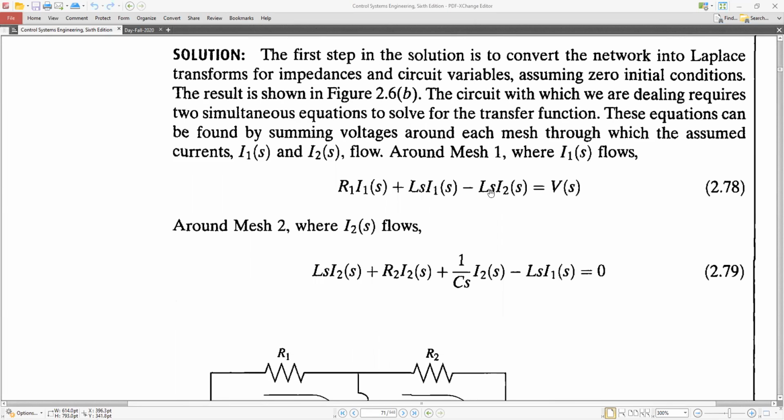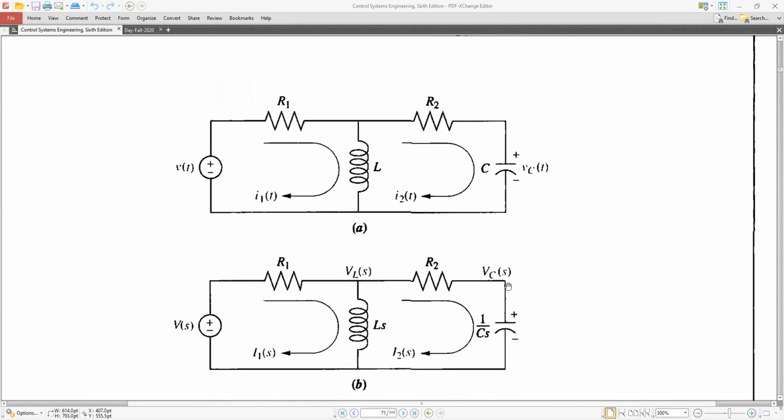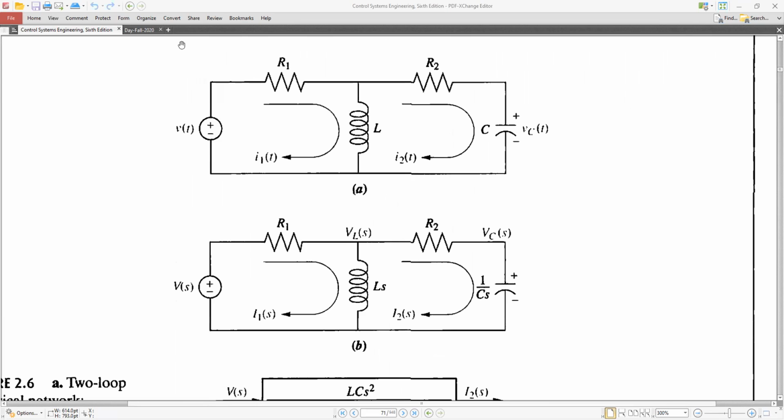Okay, first loop, apply the first loop and the second loop. We will get two equations. Let me explain it to you. Here, the first equation. That is loop 1. This one is loop 2, right? Loop 1 and loop 2. So what will we get here? For loop 1,